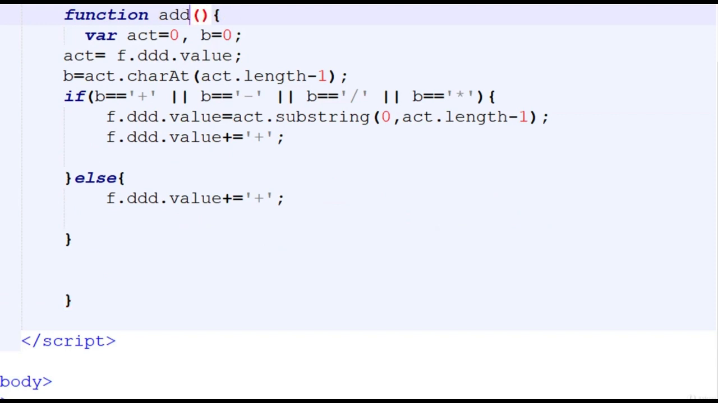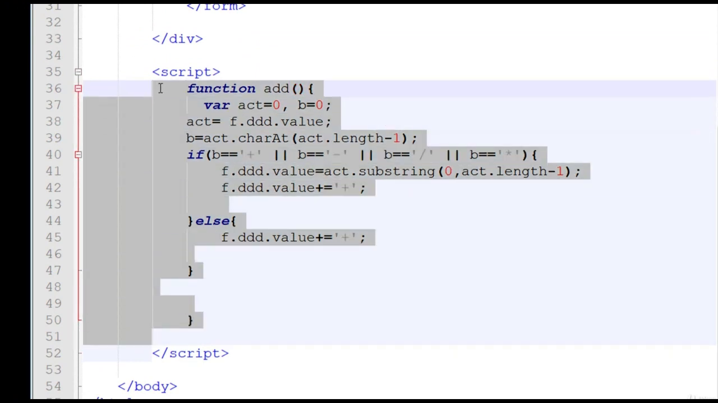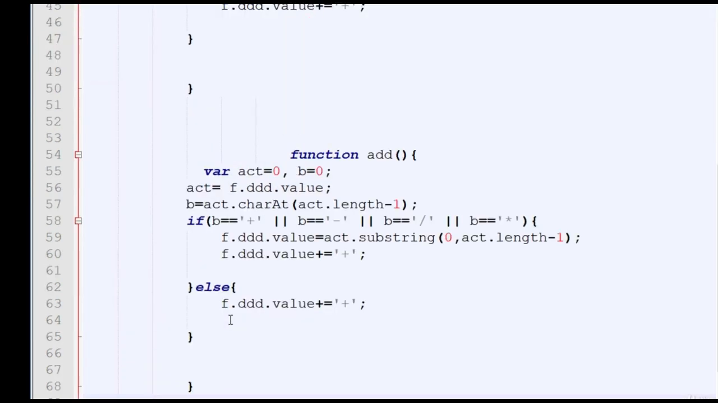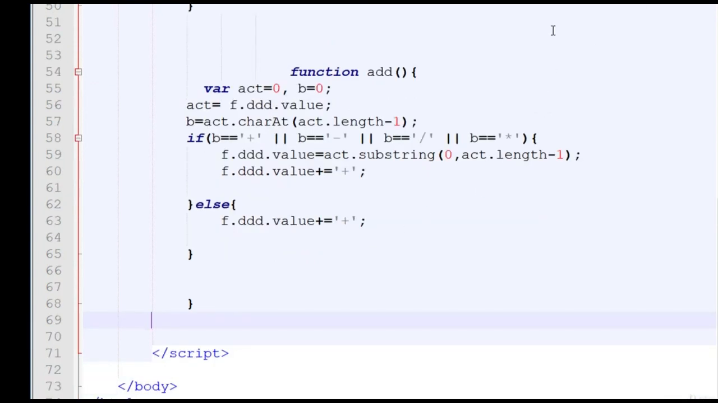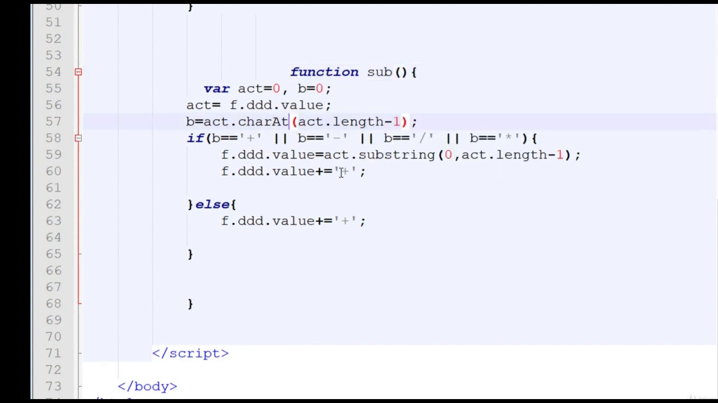Now we need to do the same thing with the minus, division and multiplication. So what can be done? Simply copy this whole function, Control C, and just go down and paste it. And this time I would name it sub, I guess. I'll name this function as sub. And what is to be changed? Only this plus symbol should change to minus, and this one to minus as well. And again I'll paste it at the bottom,